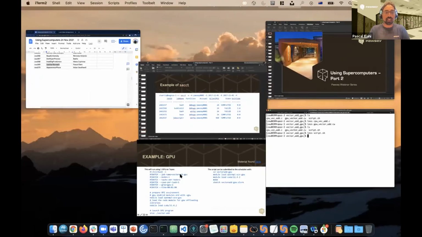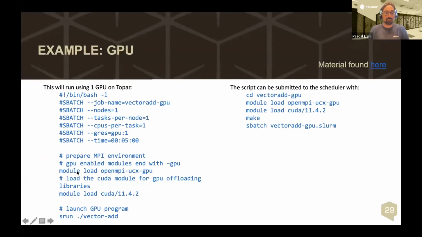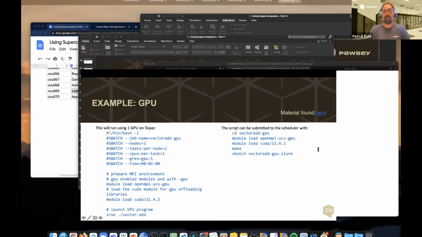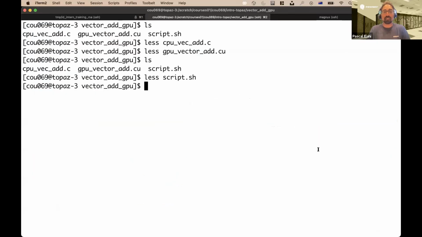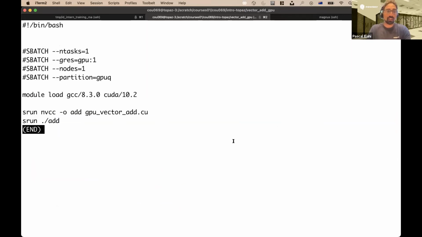The other thing as well is that you'll notice, I've put it here, that there's this loading of GPU enabled code. So you basically have to make sure that you load stuff with the -GPU if you're on Topaz. This will be important for anybody who's doing GPU stuff on Topaz to do any compute. So if you look at the script again, you can see an srun nvcc